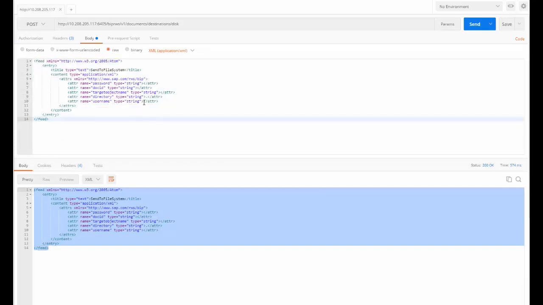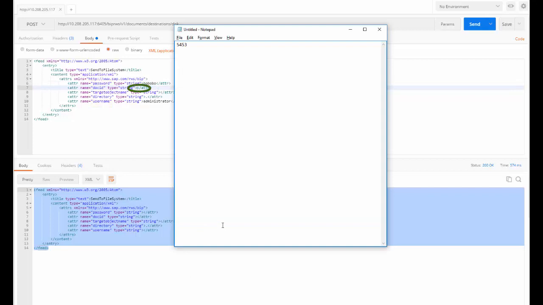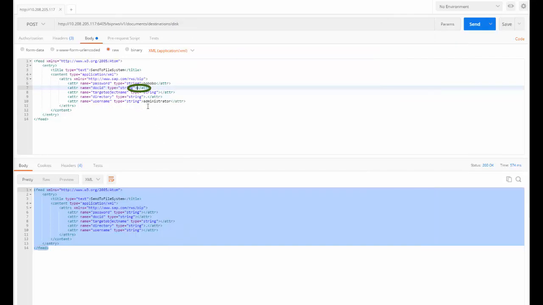Now we need to specify certain values. Pass the username and password for the machine which has the disk location. Pass the document ID which we have taken a note of, 5453, and specify the directory where you want this document to be posted on your target machine.